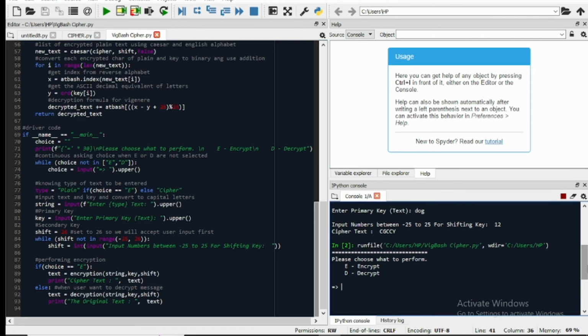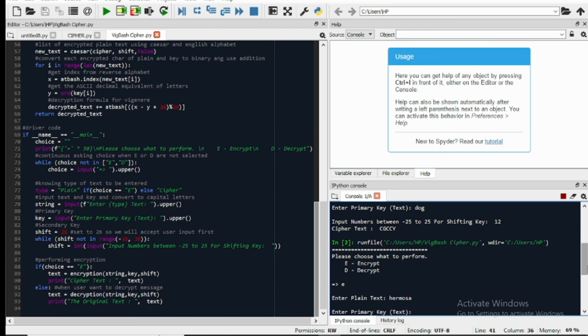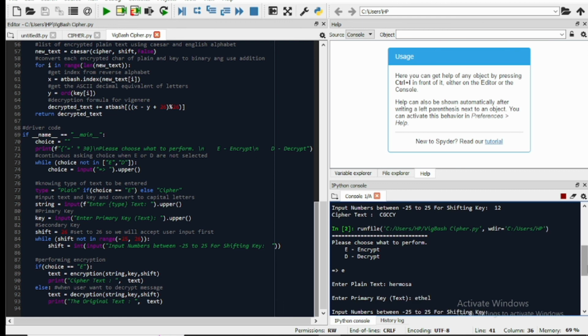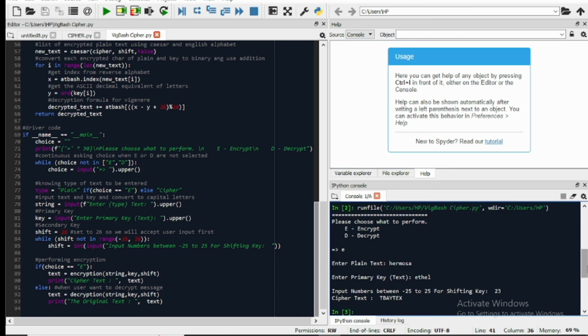So let's try to see our output. Okay, please choose what to perform. Okay, let's encrypt. Enter plain text, Hermosa. Then enter primary key, Ethel. Input numbers between -25 to 25 for shifting key. Okay, 23, enter. Then the cipher text will be